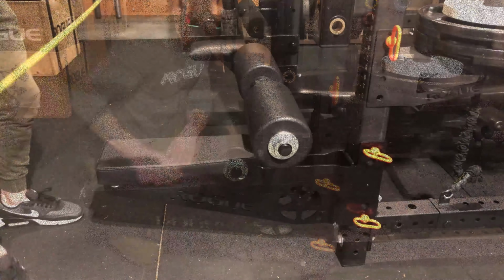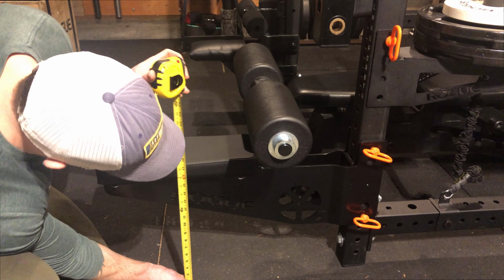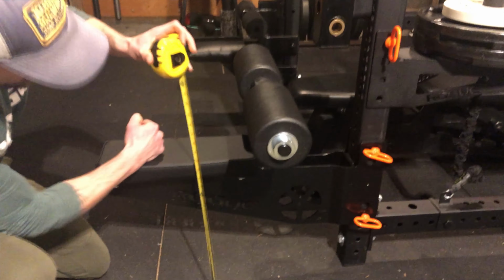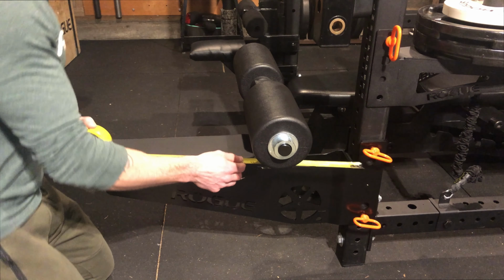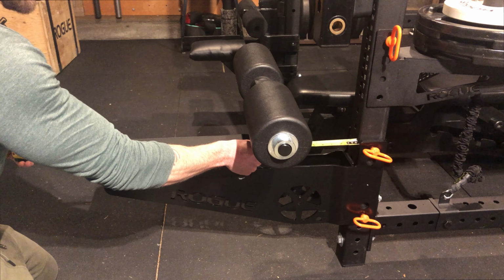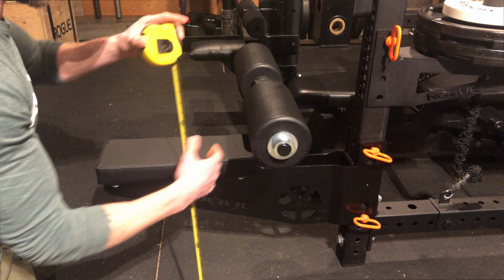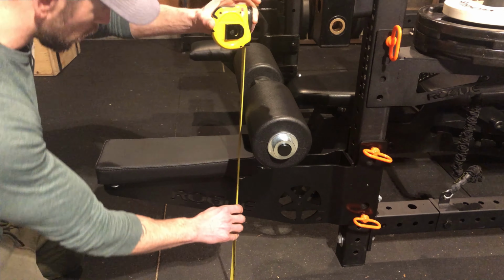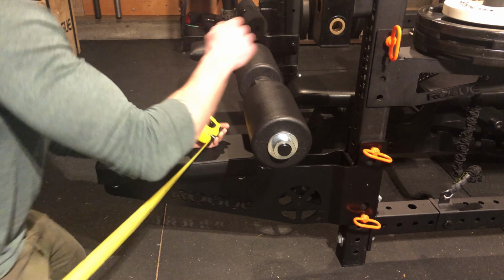Pretty cool. All right, let's do our first measurement. So up from the floor, the seat is 17.5 inches. So your booty's going to go right up on there at 17.5 inches. It sticks out from the rack, from the front of the upright, 27.5 inches. The first hole on the leg anchor rollers sits 26 inches. The last hole